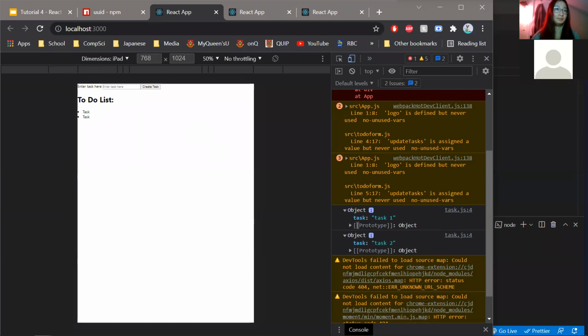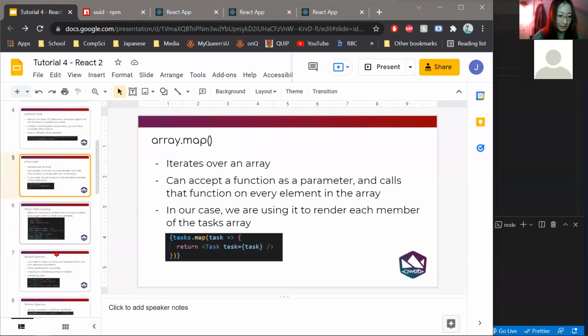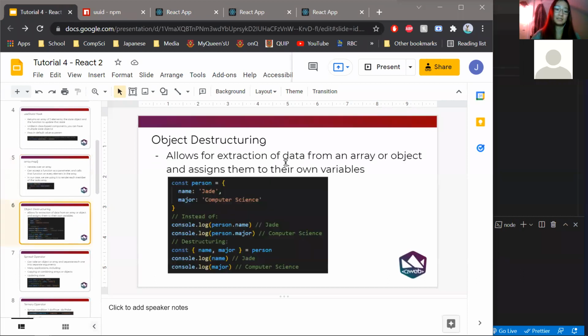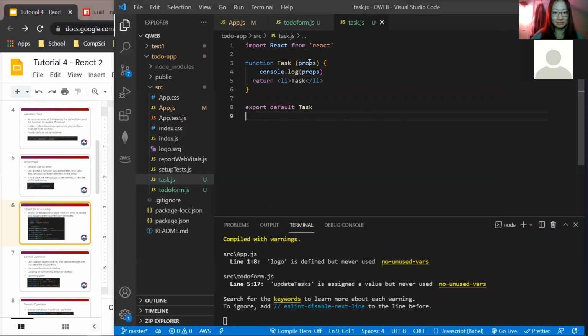And we can do that by destructuring. And I have a slide on that. So what this does, it allows for extraction of data from an array or object and assigns them to their own variables. So instead of being like person.name or person.major, you can just extract the name and major from the person object and just refer to it as name and major. So what we can do here is destructure tasks, or was it task? It's task. Destructure task from the props,